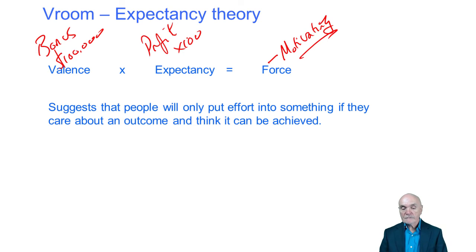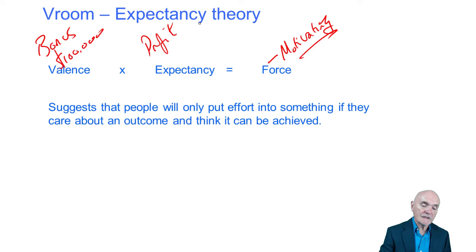Now these are extreme situations, but what he was saying is you would look at the condition, you have to increase profit by 100 times, and you'd say there's no chance of that. And even though in theory this bonus of 100,000 has been dangled in front of you, the expectancy is so low that the force would be more or less zero. You would not be turned on by that at all.